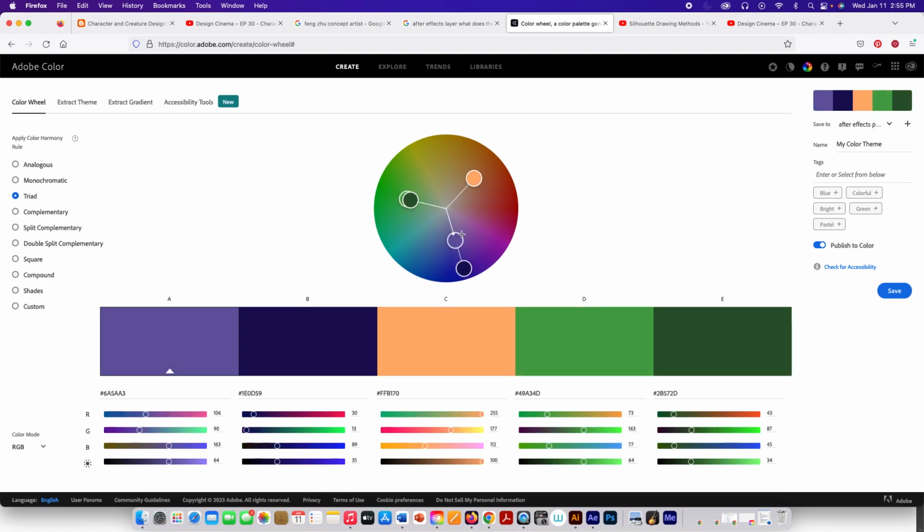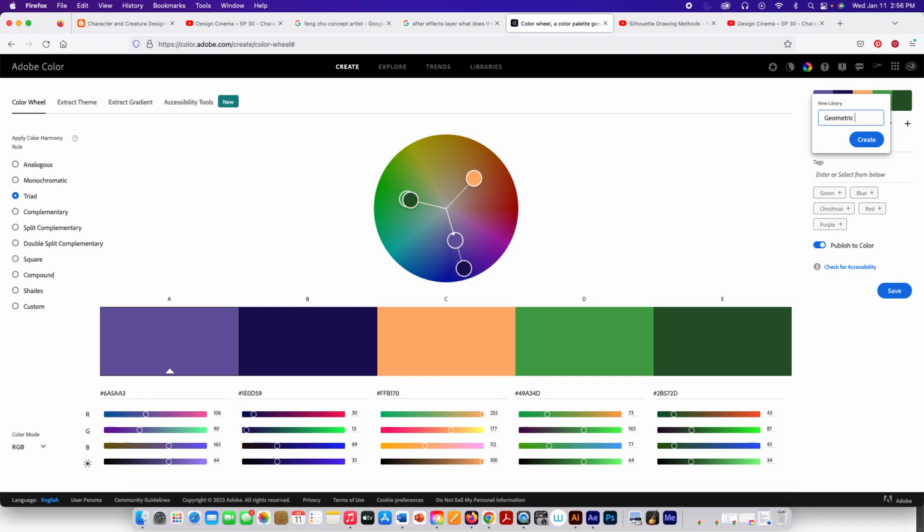And once you find a color scheme you like, go through all these, and you can save several of these, okay? But once you find at least the first one, you want to make sure, first of all, that you're signed in here. Now, I'm signed in under my own personal account, not the school account. But this will work with your Kennesaw State Creative Cloud account. What we want to do is make a new, and it says Save To. You see this plus sign? We want to make a new library, and we can call it, you know, Project 1 Animation or